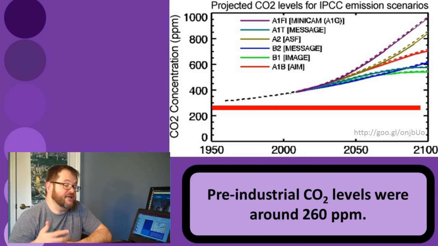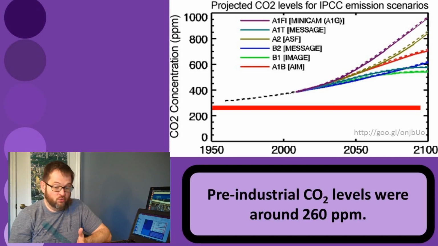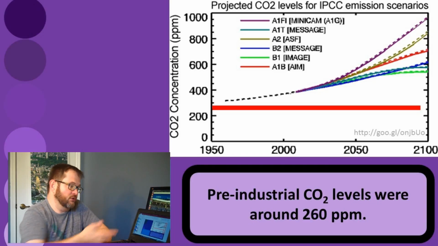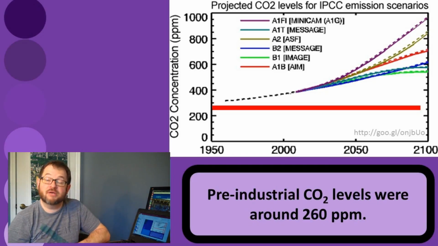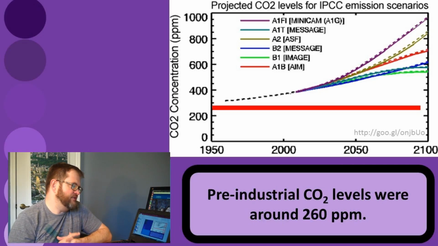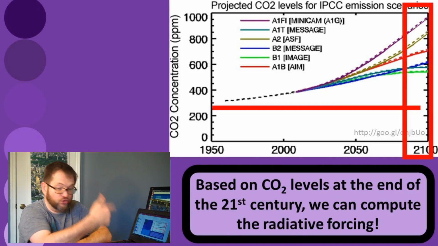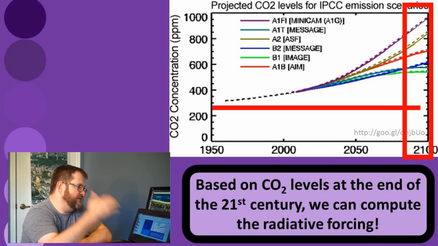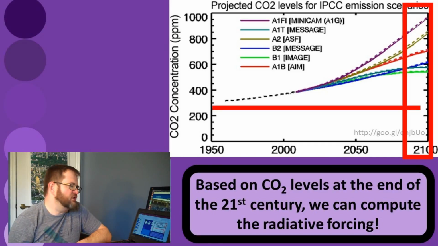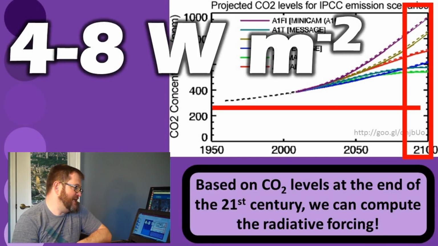Notice that based on carbon dioxide concentrations at the end of the 21st century, we have a range of possible carbon dioxide concentrations at the end of the 21st century. And from that information, we can use things like Lambert-Beer's law to determine the radiative forcing that would exert on the climate at that time. And in fact, you find out that it's awful. Turns out the range of radiative forcings on the Earth climate system at the end of the 21st century ranges from about 4 to 8 watts per square meter.